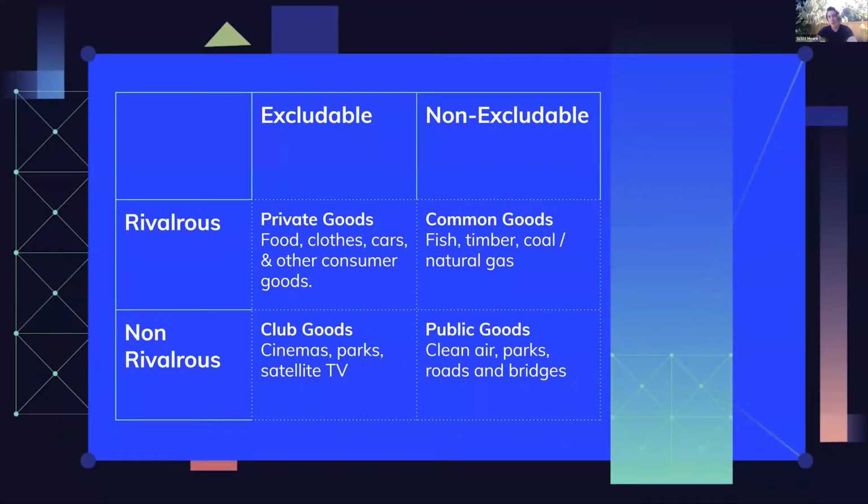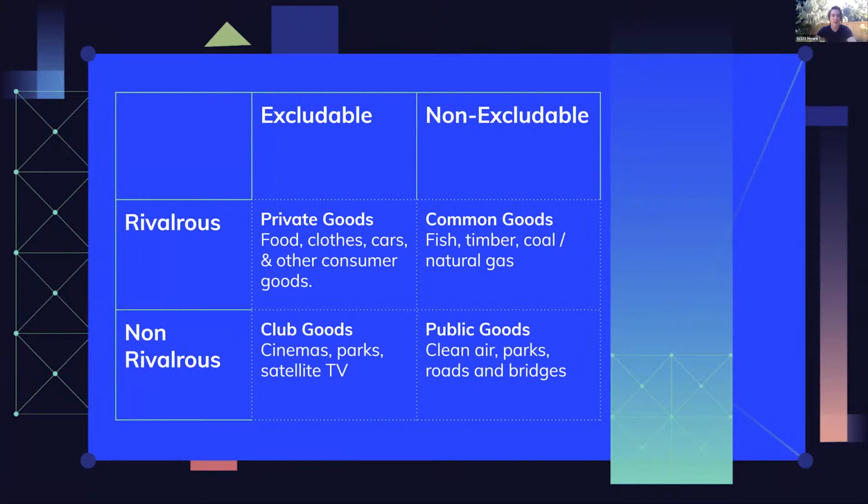So when we talk about public goods, what do we mean? There's a lot of confusion about this, and I think the biggest piece of confusion comes from club goods. So something like, and actually I have parks here twice, but there are private parks and there are public parks. But there's, for example, individual private groups, cinemas, things like satellite TV.